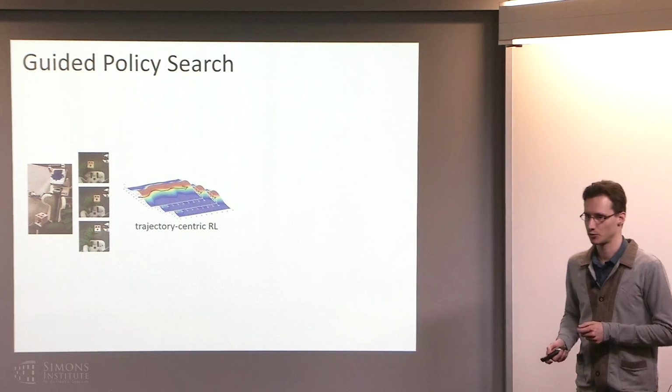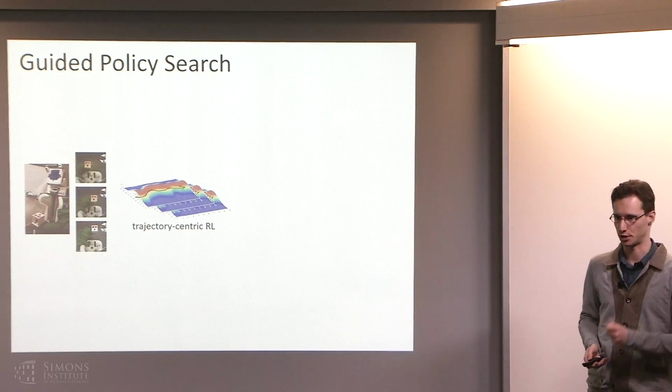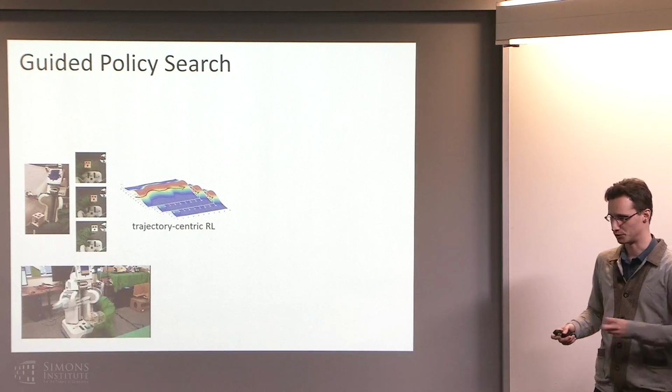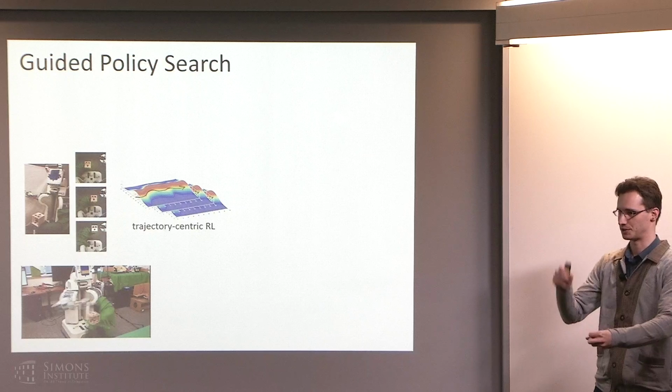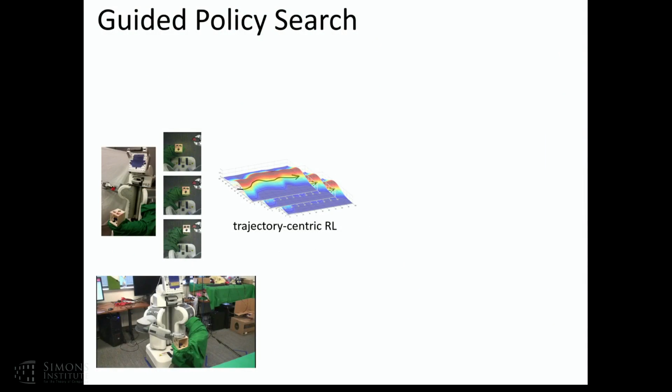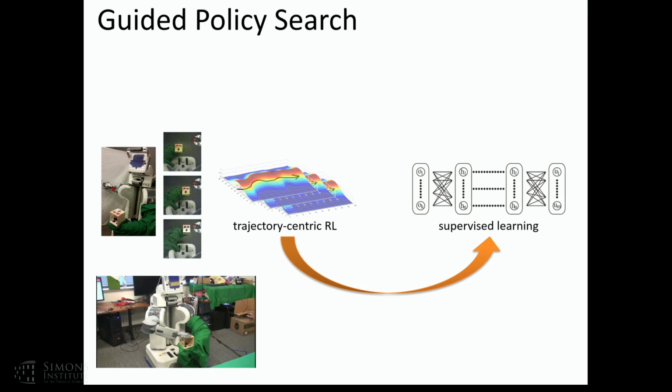For every initial state, you optimize a different trajectory using that trajectory optimization algorithm. And that's what that looks like. So the robot is just moving the cube to different initial states. For each one, it's taking 5 samples, improving the corresponding trajectory, and then moving on to the next one, and it does this in a loop over and over again. That gets you training data. You use that training data to train your neural network using supervised learning. This neural network is not given the position of the cube, it's just given the camera image.